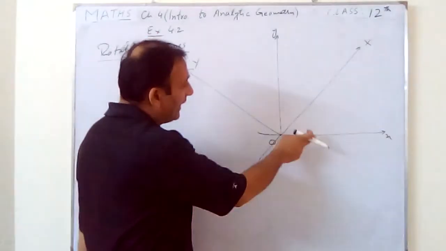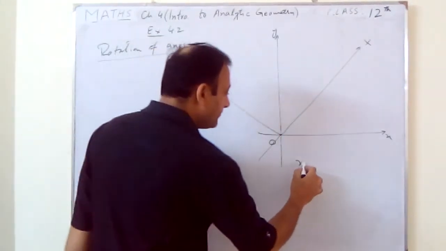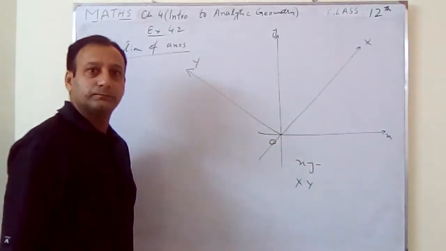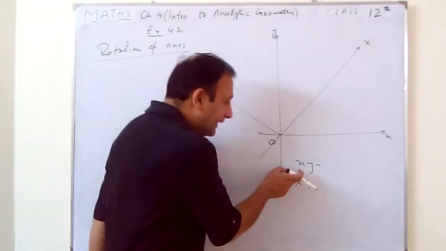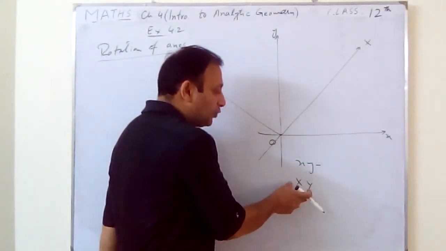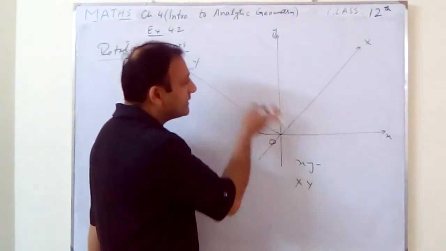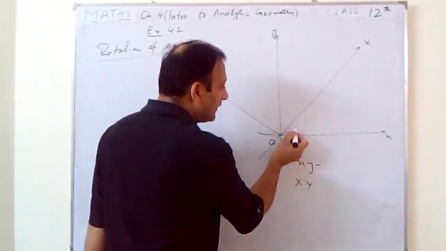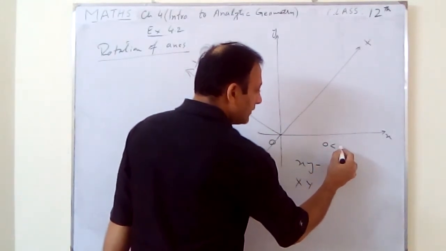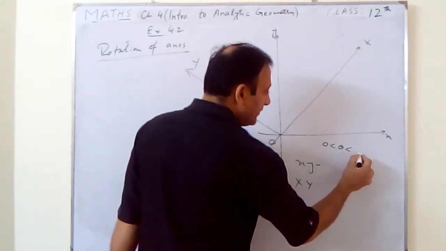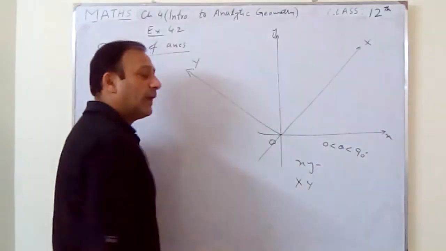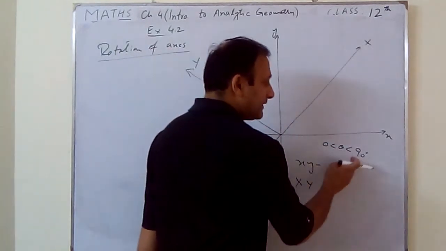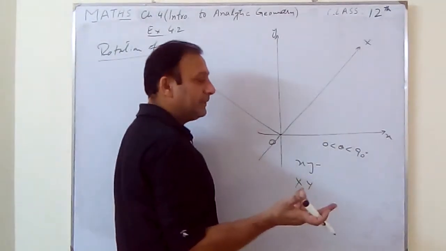So here we have coordinate system small xy and here we have capital XY. We are rotating the small xy coordinate system to capital XY. How much rotation can we move? The rotation theta must be in between 0 and 90, not equal to 0. If it is equal to 0 or 90, that will not be rotation, that will remain the same.